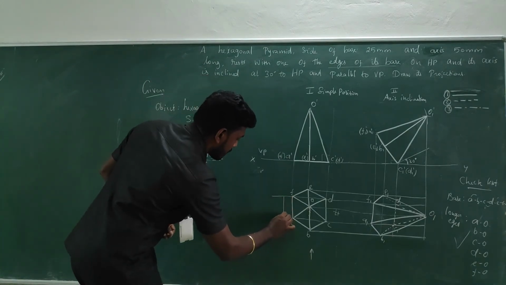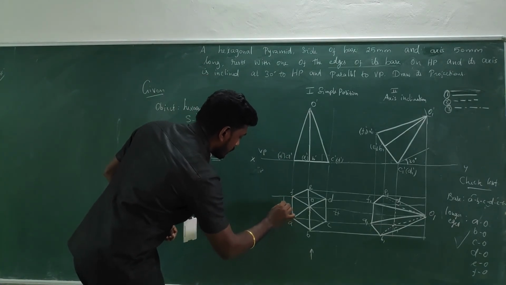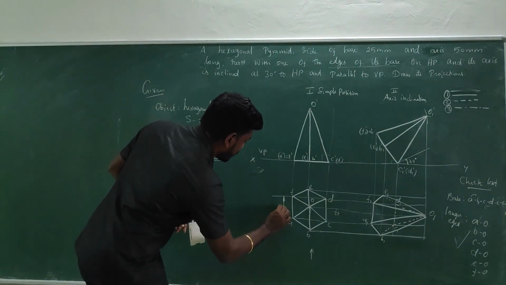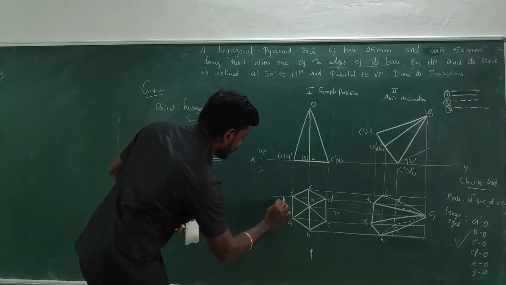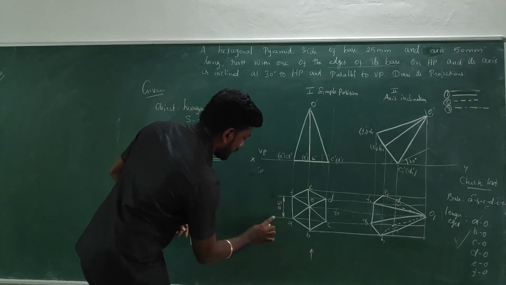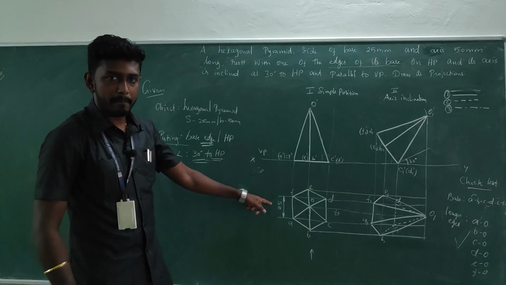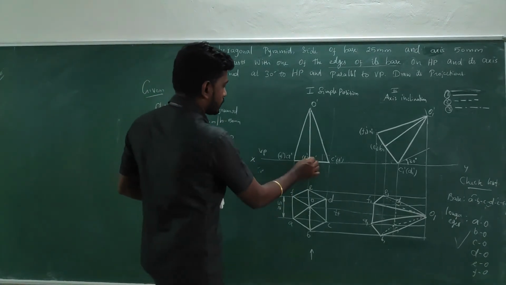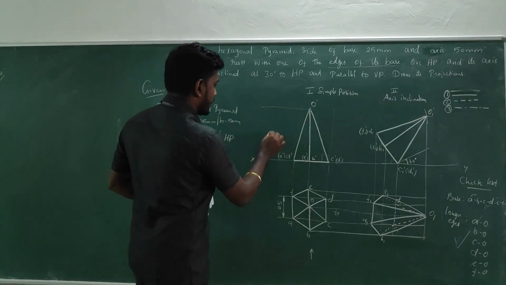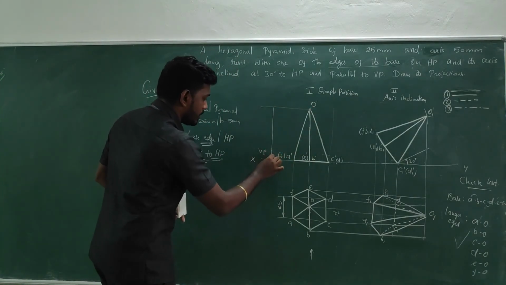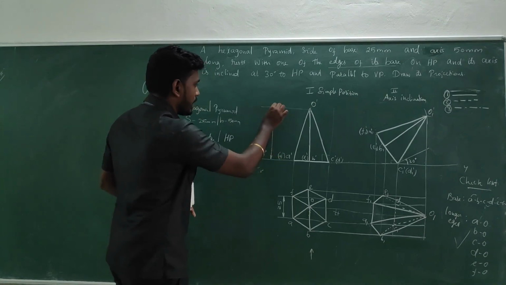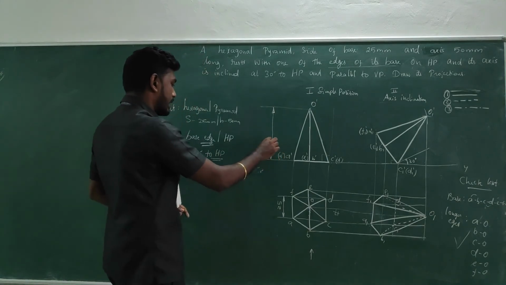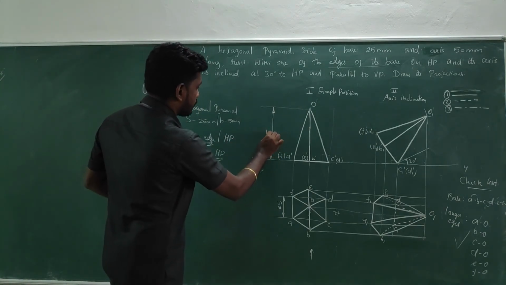So at last we have to show the measurement. So here the base side is 25 mm, that should be captured. So I have taken the line something like this and I have noted 25. Okay, and then what about the height of the object, which is 50? So for that, from the apex I have drawn the parallel line with respect to the XY line, and just make the parallel line with respect to the axis and write above the line as 50.